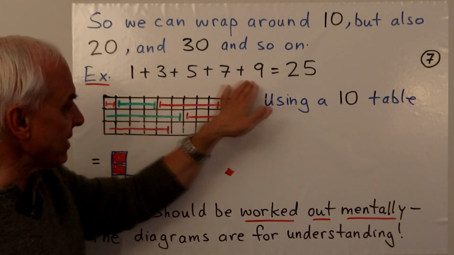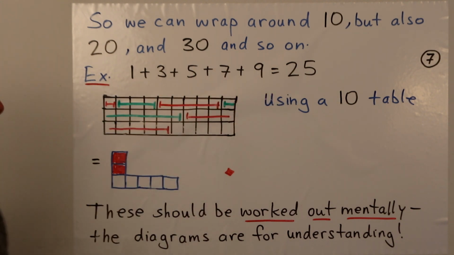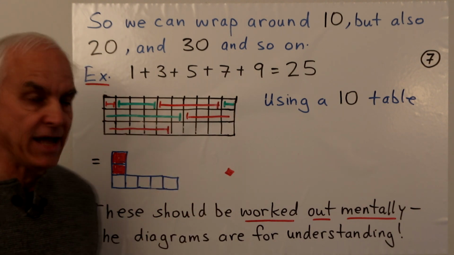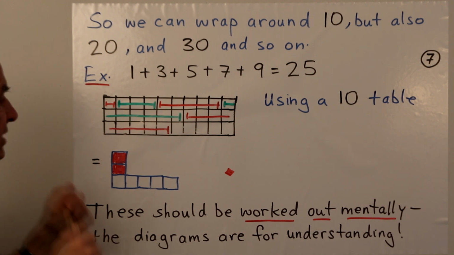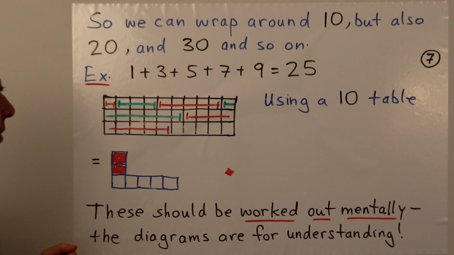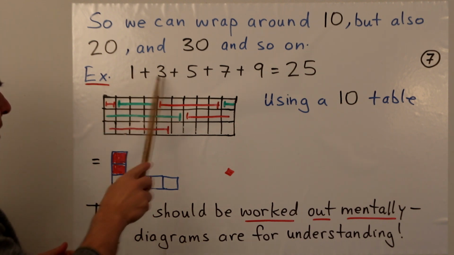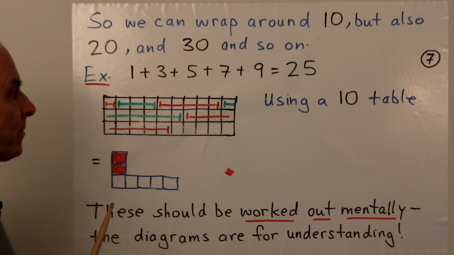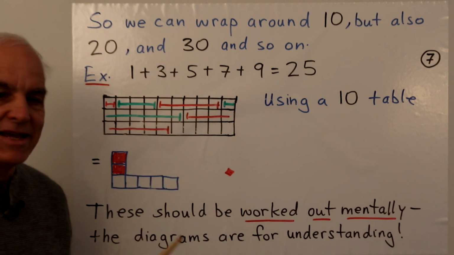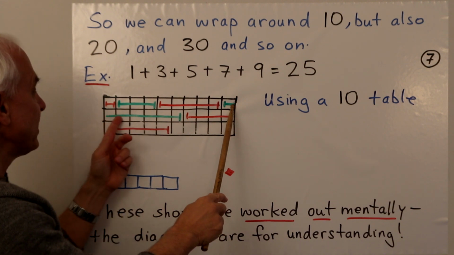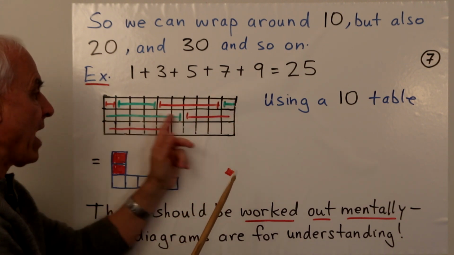We can visualize the entire summation using a 10 table. So here's 10, 10, 10, part of perhaps a column of tens. And we can visualize what's happening by making little rectangular bars. For example, here's 1. Here is 3. So this bar here represents the row rectangle 3. Here is 5 in red. Now the 7, though, is split. So it starts here, that's the first one, and then there's 6 more over here. So it's wrapping around 10.